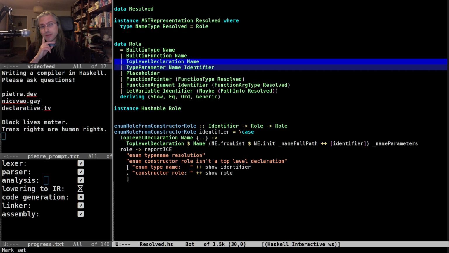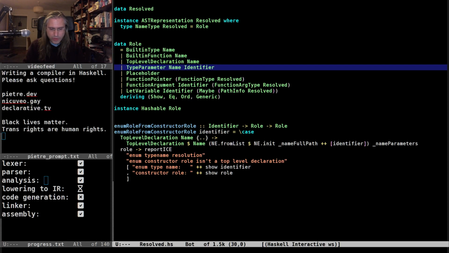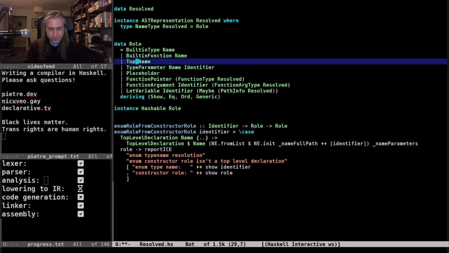It depends on what happens when I do other modules and import things into scope. I would need to know what the other modules export, basically. If I just have their names, then that's just a top level definition. But by definition, I will need to know what they export, because I will need to do those lookups as well. Okay, so yeah, I can probably break this down into a top level struct,